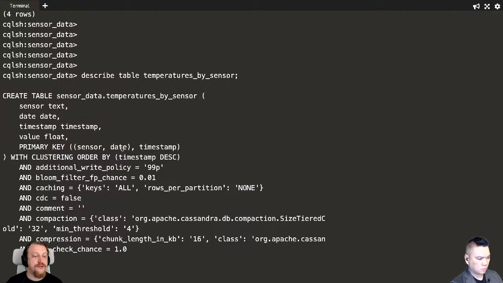There is no relation to network, and that's for good, because in some cases we may like to rearrange sensors, move a sensor from one network to another in border cases, or maybe we physically reinstall a sensor from one place to another place and we have to attach it to a different network. So we want sensor data, temperatures by sensor, to not be directly connected to the network,